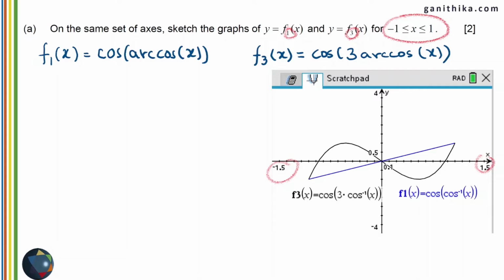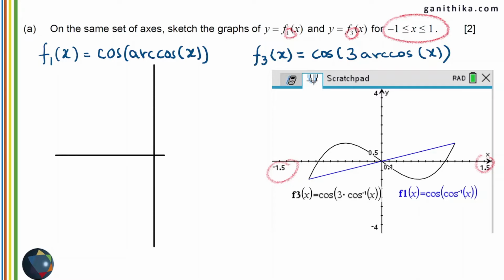Why did I take extra points on the left and right of the x-axis? This is purely because if you do this, you will be able to get a better picture of the graph so that it is easy for you to sketch it on your paper. Now that you have extra space on either side of the x-axis, you know exactly how the graph is going on the x-axis and on the y-axis. Now let me sketch this.